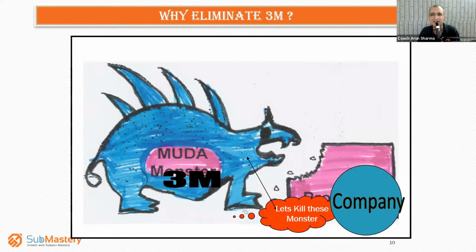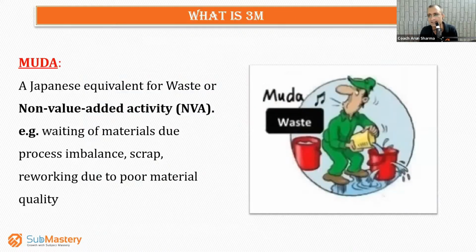And how can you fight? Once you are well equipped with these tools. If you don't have ammunition, how can you fight? If you don't have knowledge, how can you fight? If you don't have mindset, how can you fight? And that is the purpose of why we are doing this workshop. A Japanese equivalent for waste, non-value added activity for which the customer is not paying you, like this guy is filling up a bucket and there are so many leakages. Is this a value added activity? No, it is not, because there is a leakage happening. There's a wastage happening. So the purpose